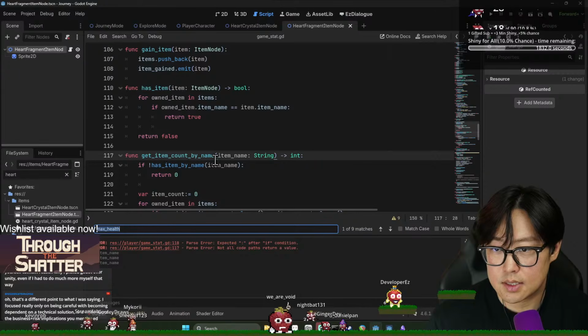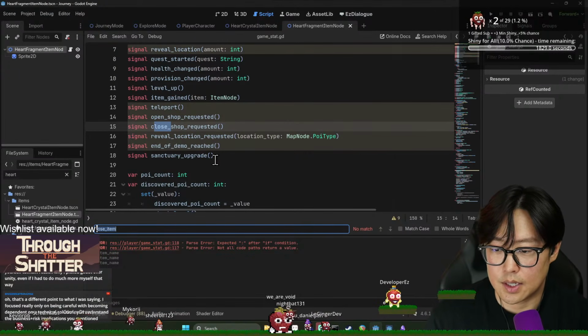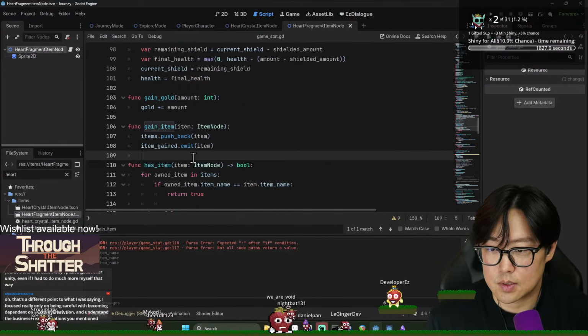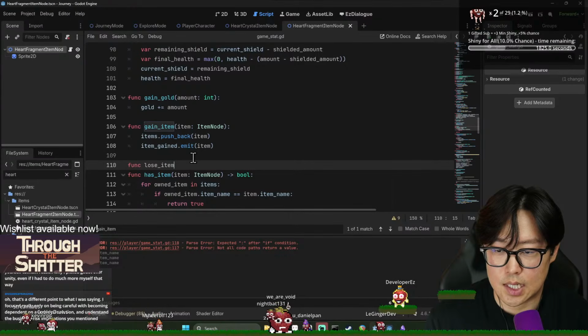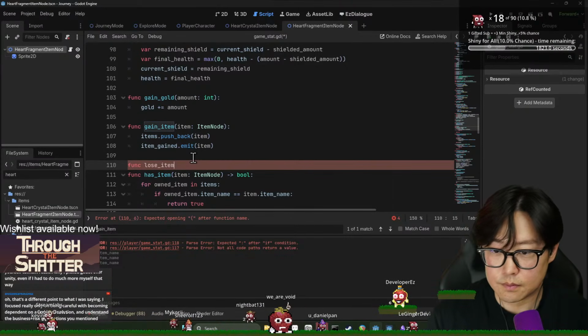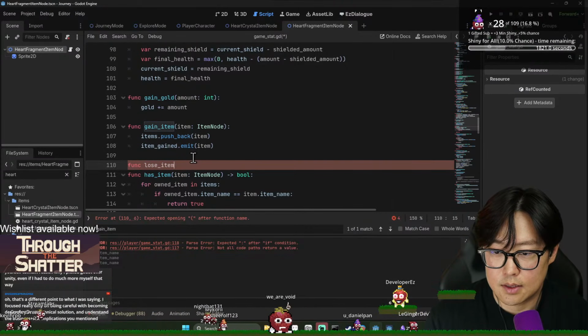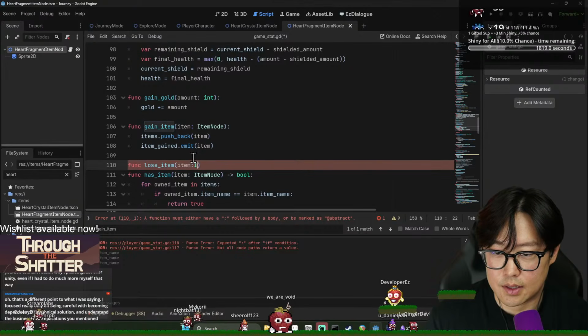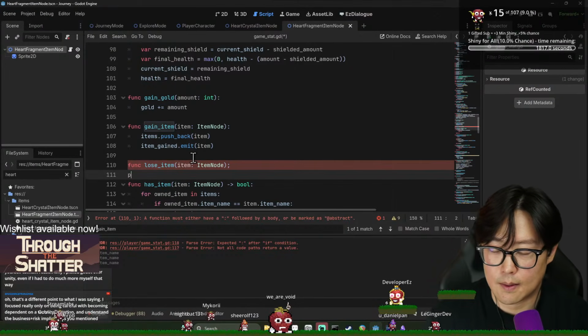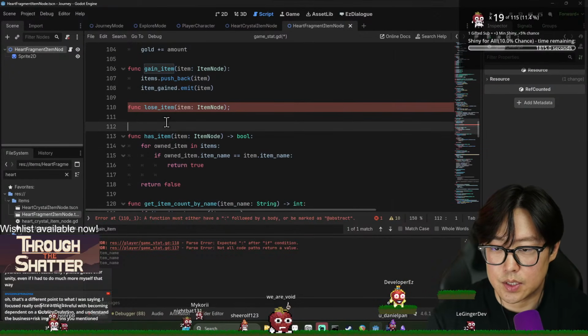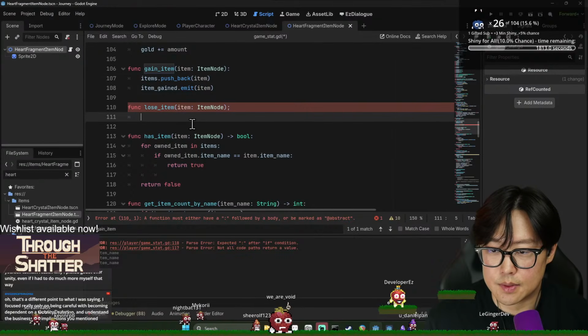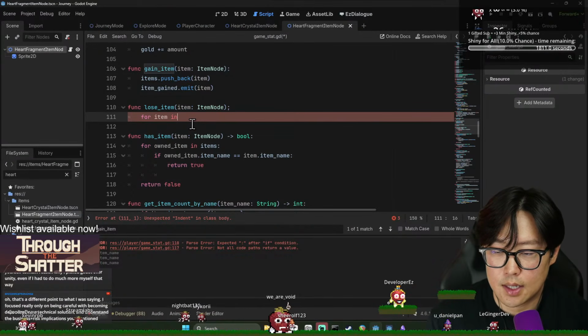or lose item, I guess. Is there a lose item? No, I don't. Okay, so I got to make that. So I'll say func lose item. And then we'll provide the item node here. And then it's just going to get all the items here, for item in